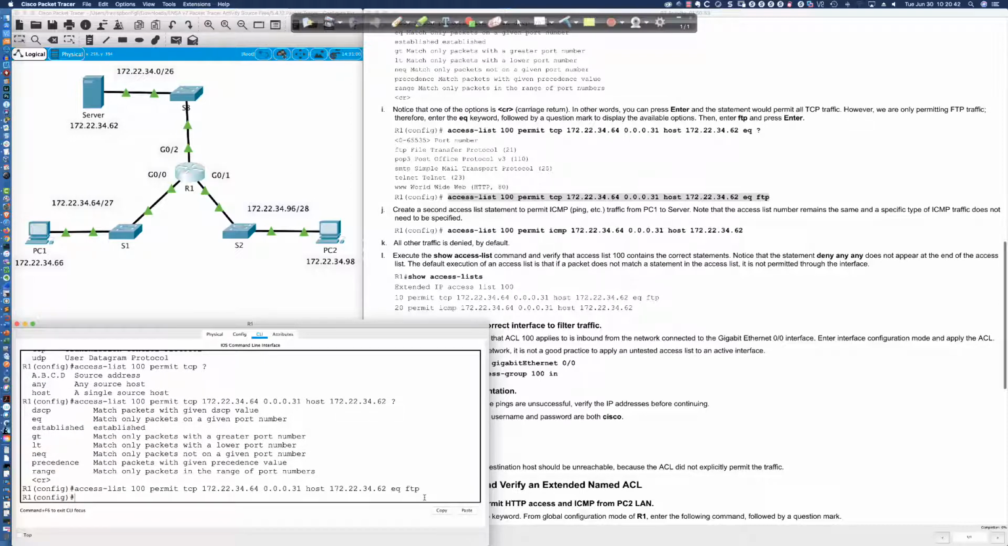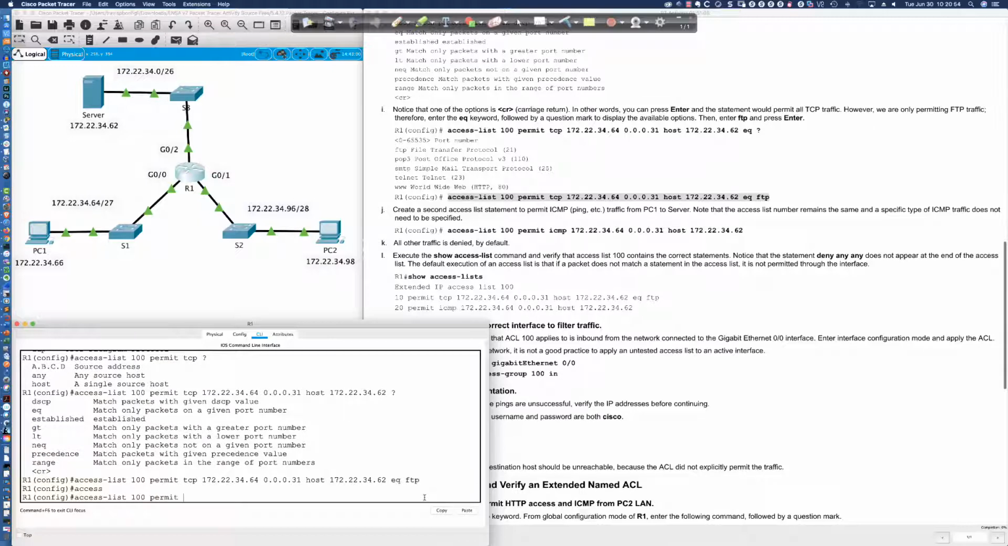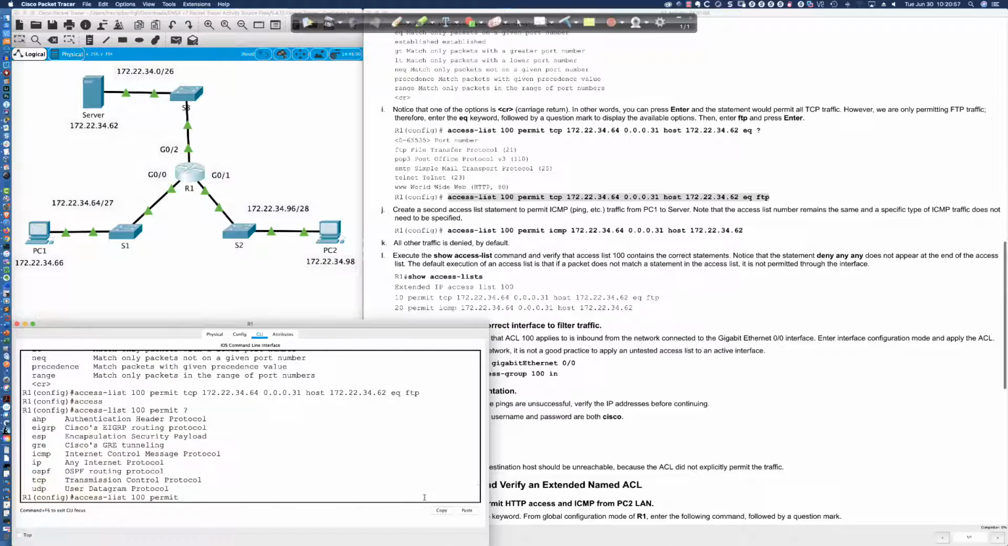It says create a second ACL statement, an access control entry, an ACE, that's going to permit ping traffic from PC1 to the server. So let's go ahead and say access list 100, permit. Now remember, ping is using ICMP, right? So I'm allowing ICMP packets from the 172.22.34.64 subnet, so any host on this subnet going to host